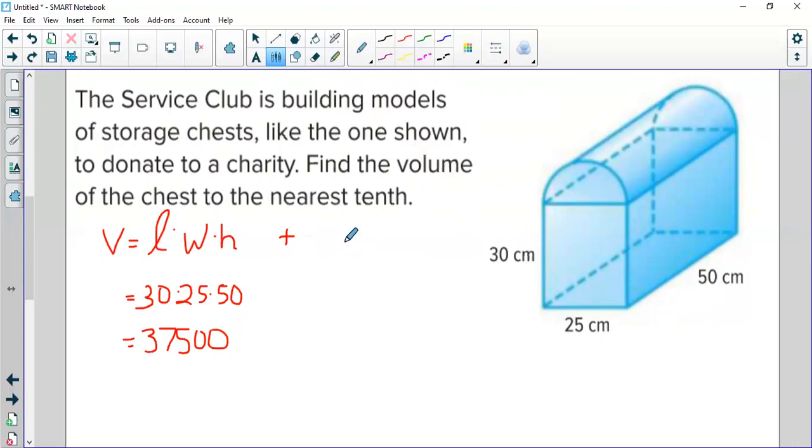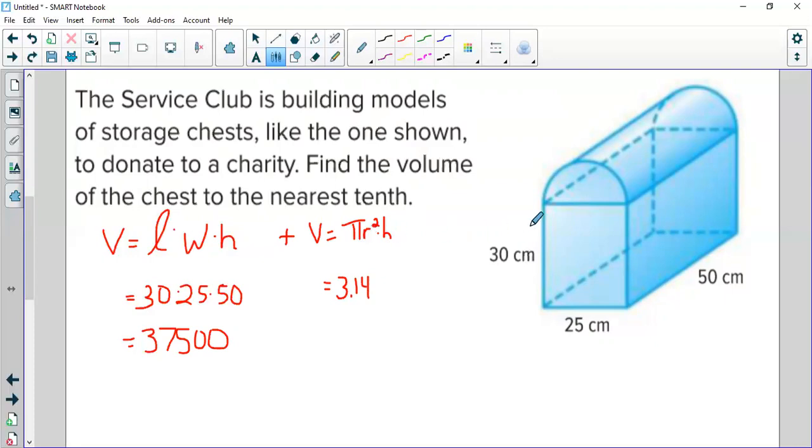So let me start with a cylinder. The cylinder volume formula we use is pi times radius squared times height. Okay, so the volume of my cylinder is going to be pi, 3.14,